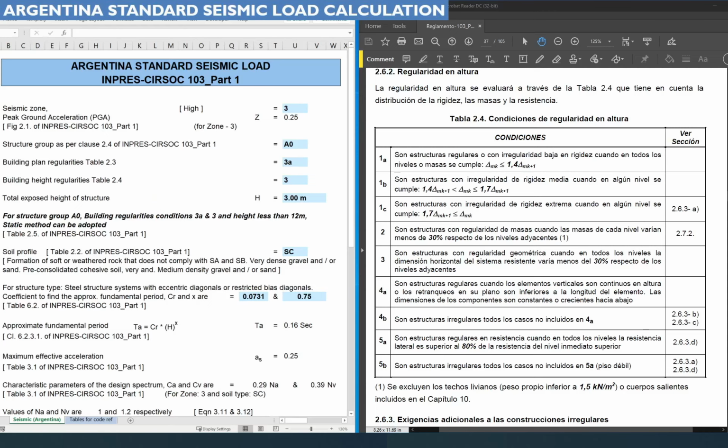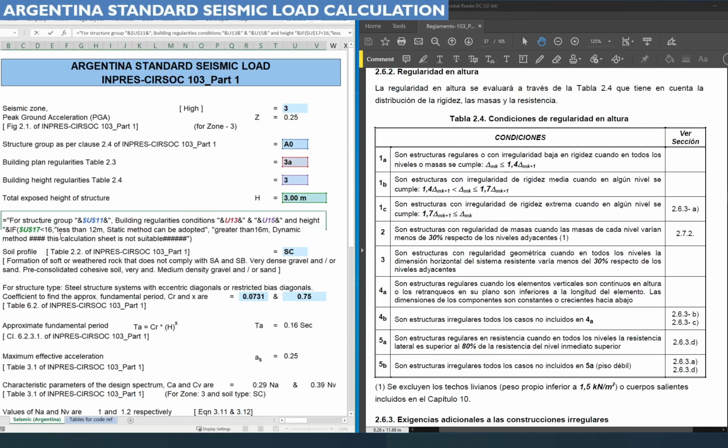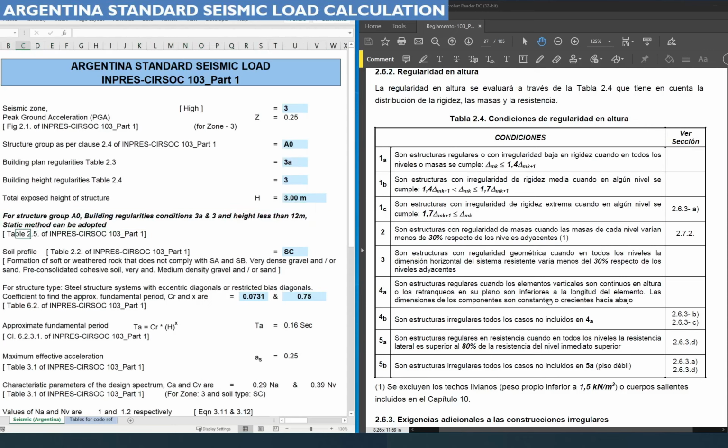Generally, the seismic load calculation is performed by two methods. One is the static method, another one is the dynamic method. So our case is seismic zone 3, structure group A0, building plan regularities 3A, building height regularities 3, and total exposed height 3 meters. We satisfy table 2.5 to go with the static method of calculation. So let me see what table 2.5 is telling about how the static method can be adopted. For that we need to refer to table 2.5,